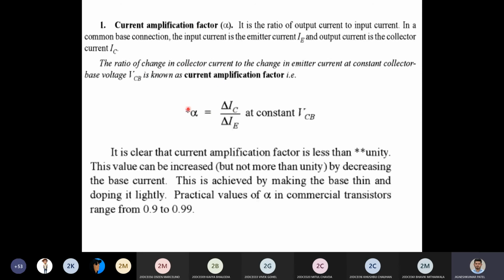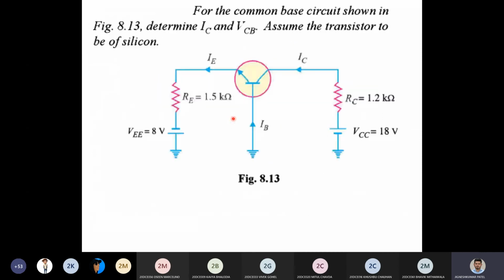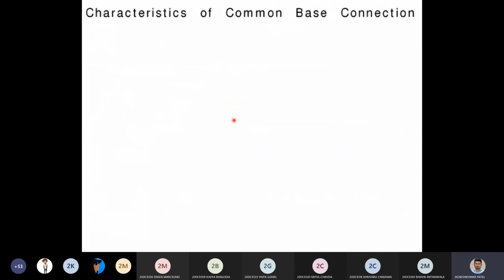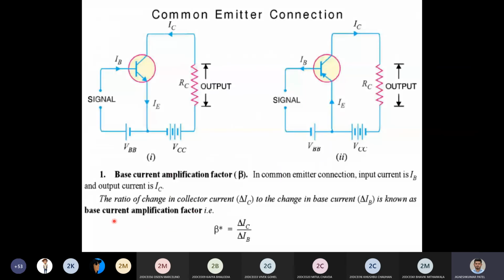Generally, 90 to 95% of the time you have common base connection, but sometimes common collector or common emitter connections are possible. Here your amplification factor is the base current amplification factor. That's why it is known as beta. That is delta IC by delta IB. In almost any transistor, less than 5% of emitter current flows through the base current. Therefore, the value of beta is generally greater than 20. Usually, the value ranges from 20 to 500. This type of connection is frequently used as it gives appreciable current gains as well as voltage gains.